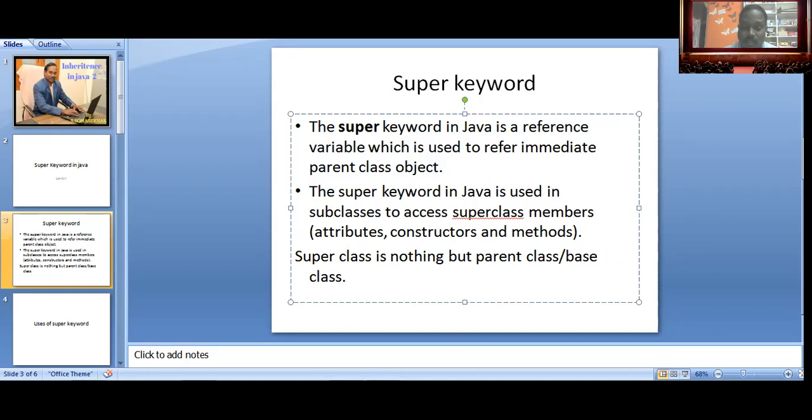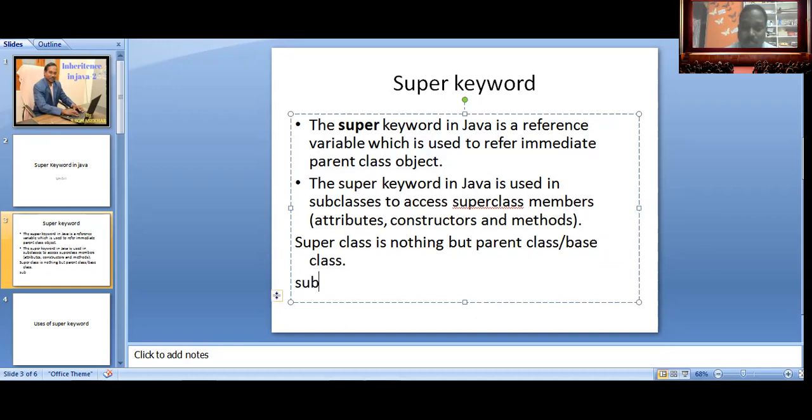Then subclass is nothing but child class or derived class.